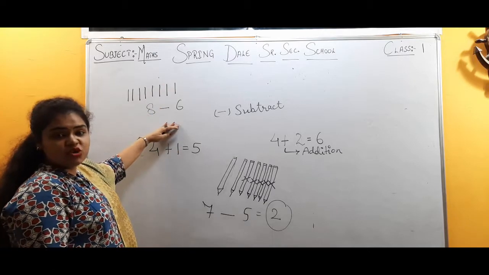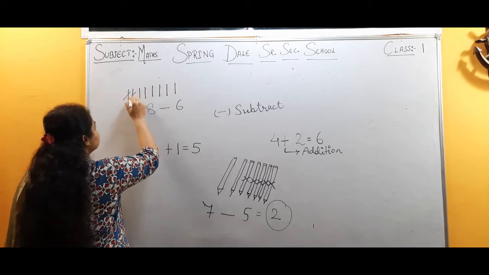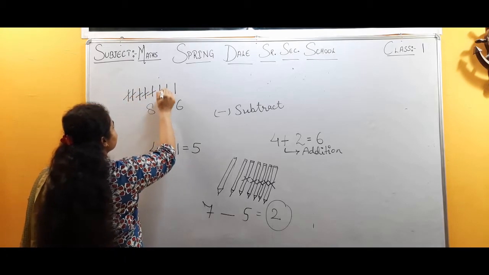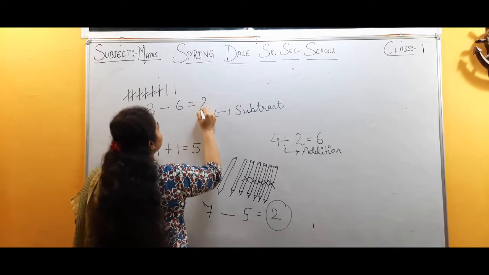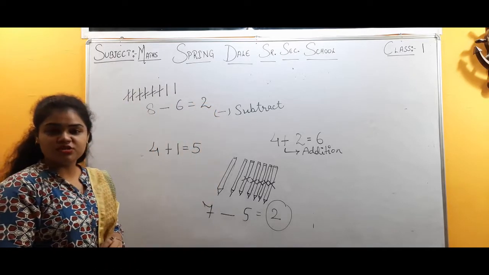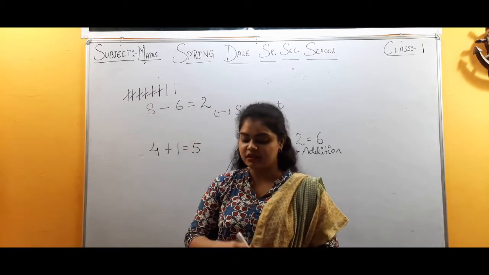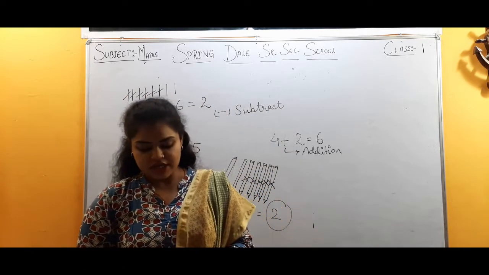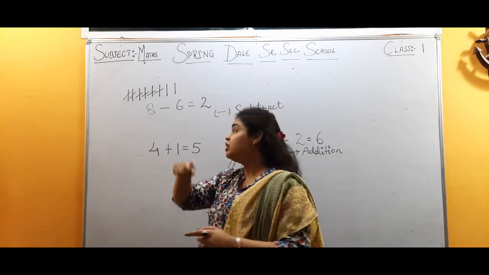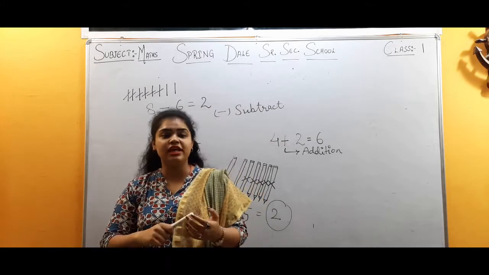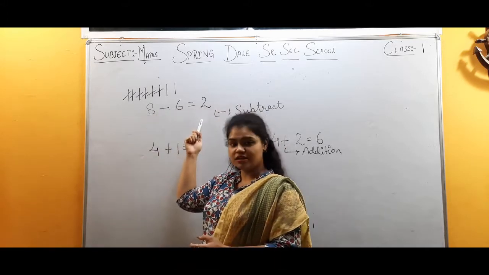अब हमें कितनी लाइंस को कट करना है? 6 लाइंस को. 1, 2, 3, 4, 5 and 6. कितनी लाइंस बची हमारे पास में? We have 2. So 8 minus 6 equals 2. यही हमारे सेकेंड क्वेश्चन में भी है, that the number is given to us. First, जो नंबर पहले लिखा है हमें उतनी लाइंस बनानी है. जो नंबर बाद में लिखा है हमें उतनी लाइंस को कट करना है. फिर जितनी लाइंस बचेगी वो क्या होगा? हमारा सम होगा.